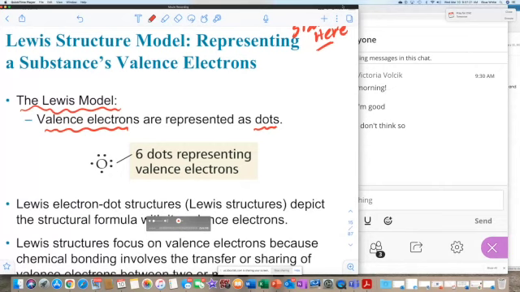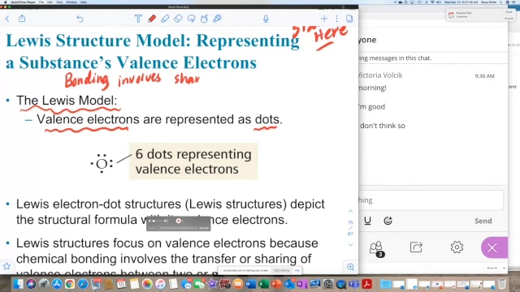I always said as a student, Lewis really liked dots because he represented electrons as dots. Some other people represent electrons as X's or pluses, but he shows electrons as dots. So when we're dealing with bonding, as far as bonding is concerned, bonding involves